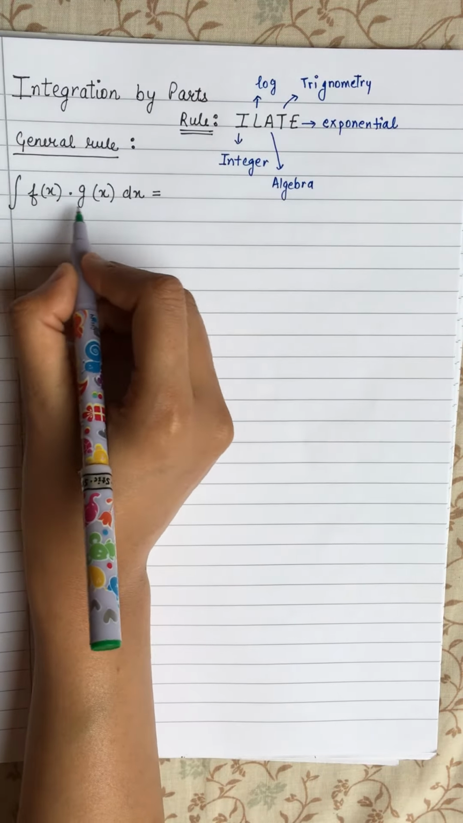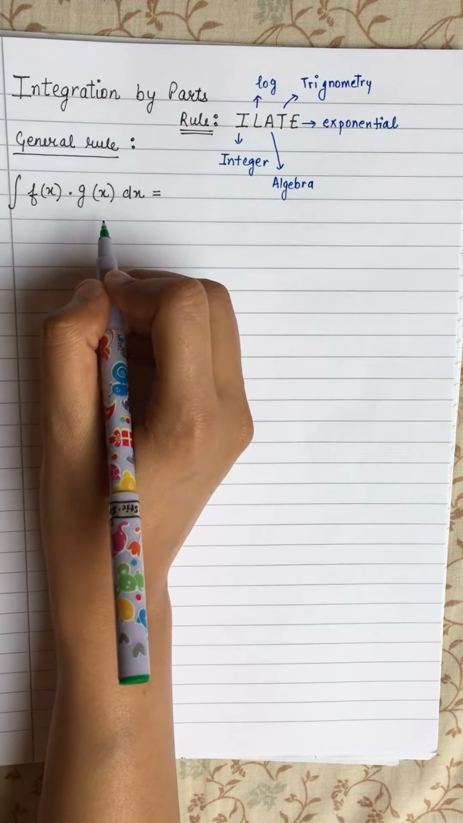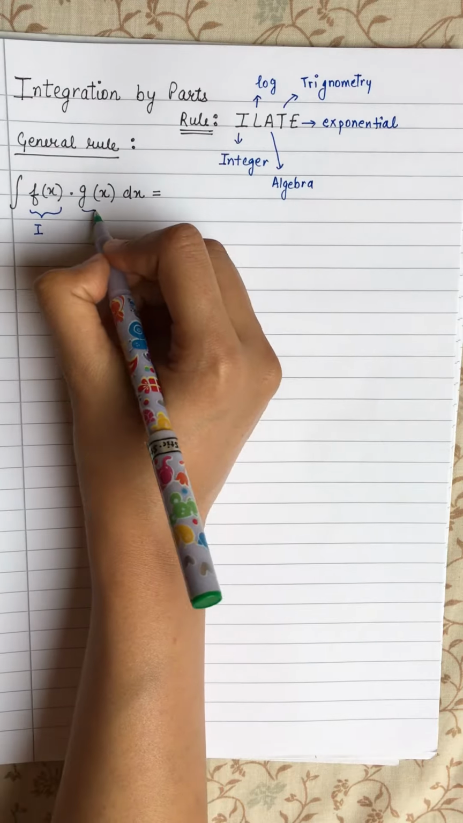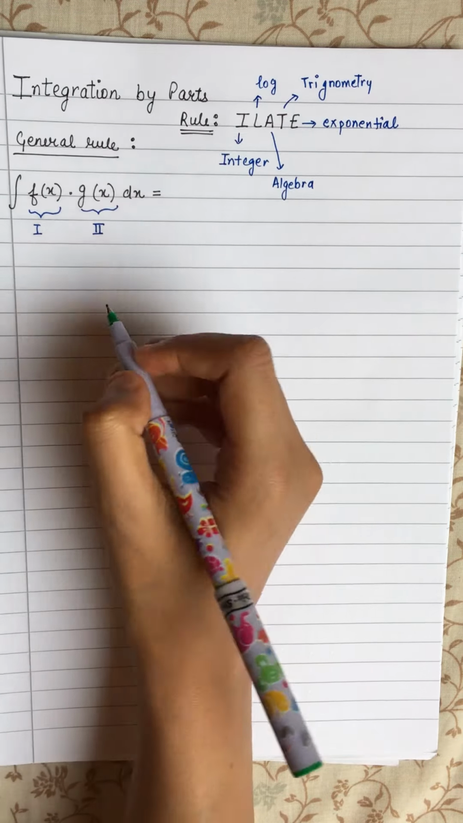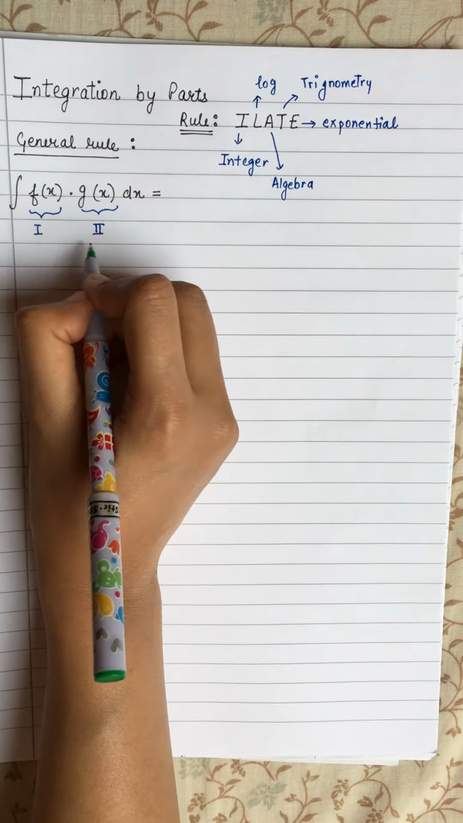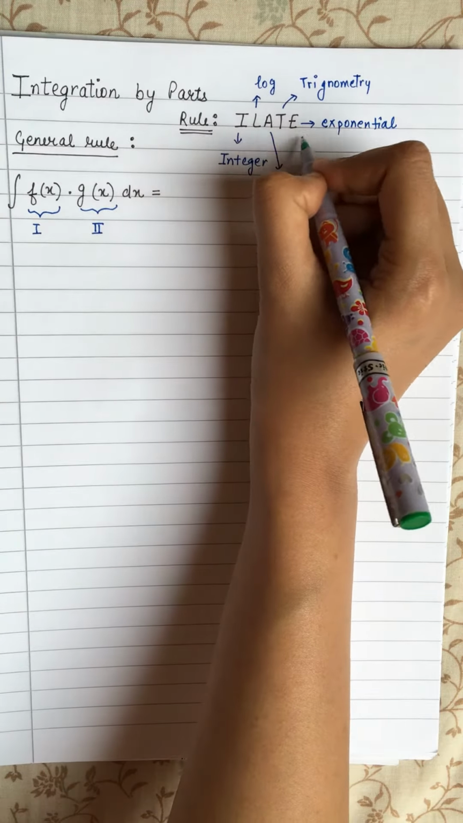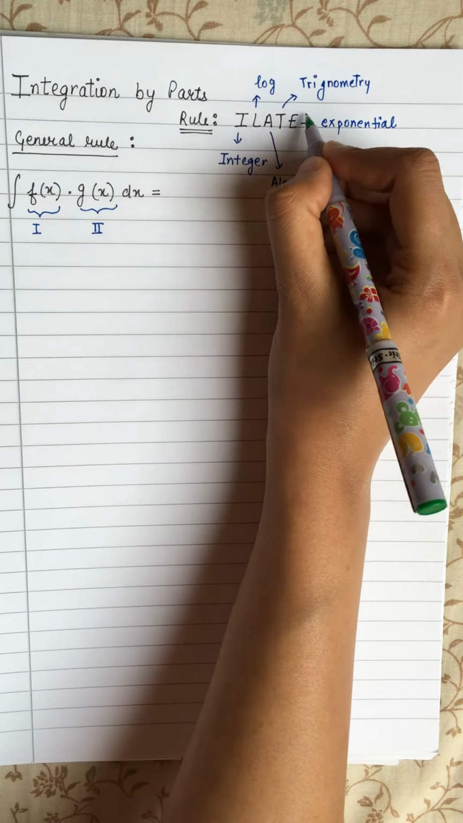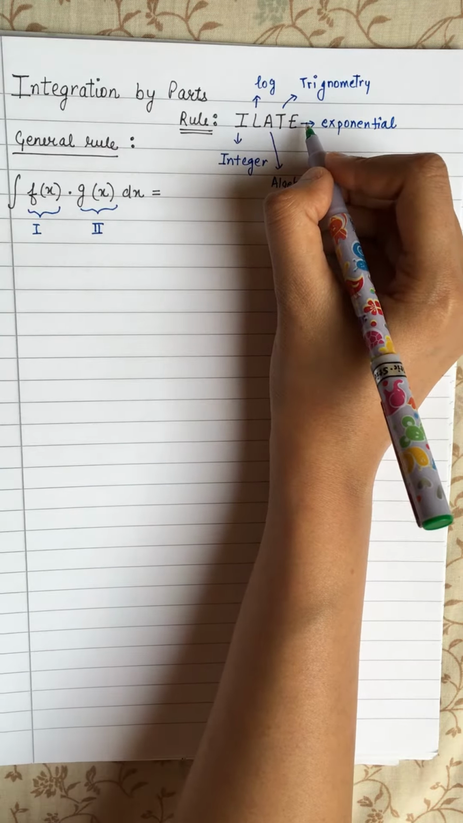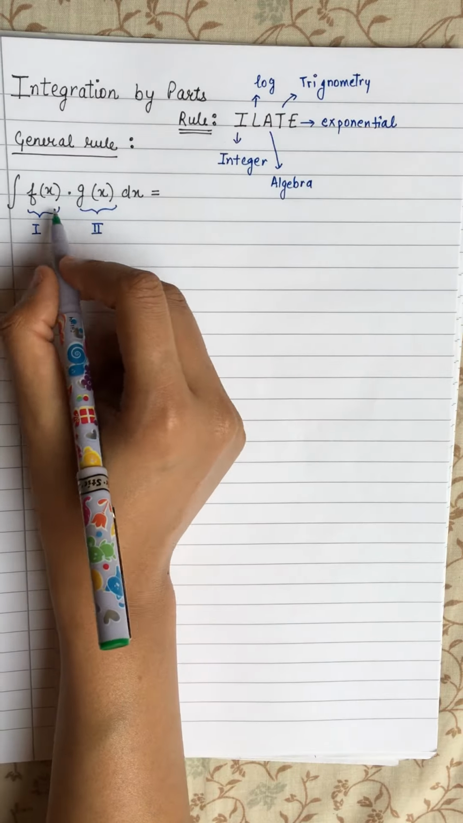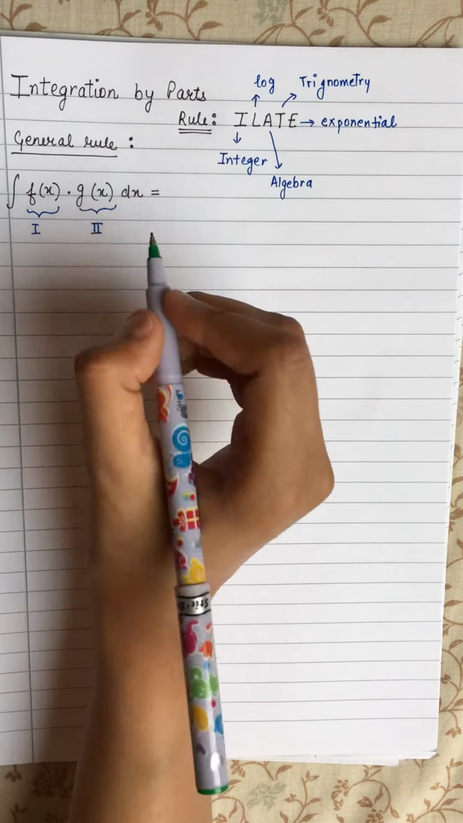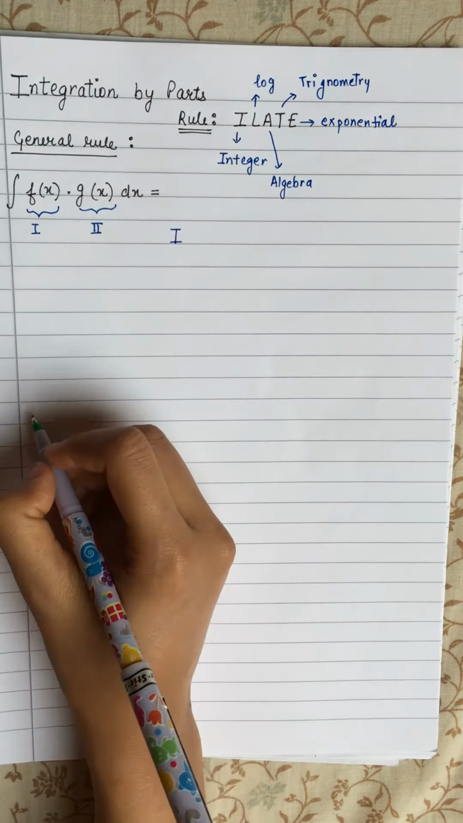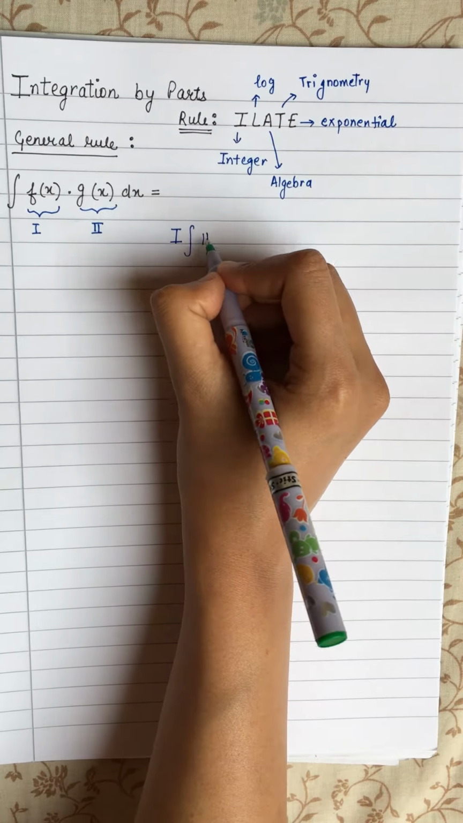Now here we always separate two functions as first function and second function. Let's just say this is our first function and this is our second function. How we decide the first and second function is by this rule, which is called ILATE. The one which will be in front will be our first function, the one which will be at back will be our second function. So the general rule is: f of x into g of x will be written as first function as it is, integration of second function,